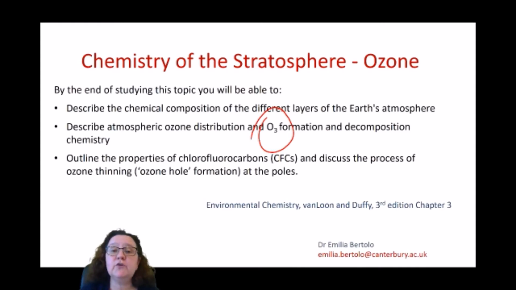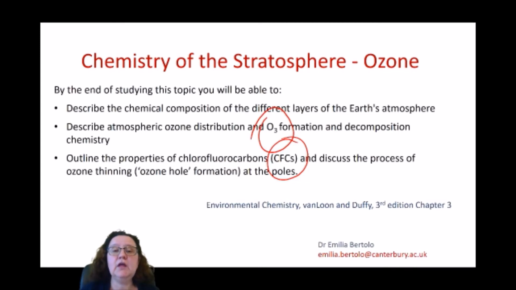The formation of ozone and the decomposition of ozone. We'll also be looking specifically at the properties and the behavior of what we call the ozone layer, which is based in the stratosphere, and the properties of particular chemicals, specifically chlorofluorocarbons, but not exclusively, to affect that